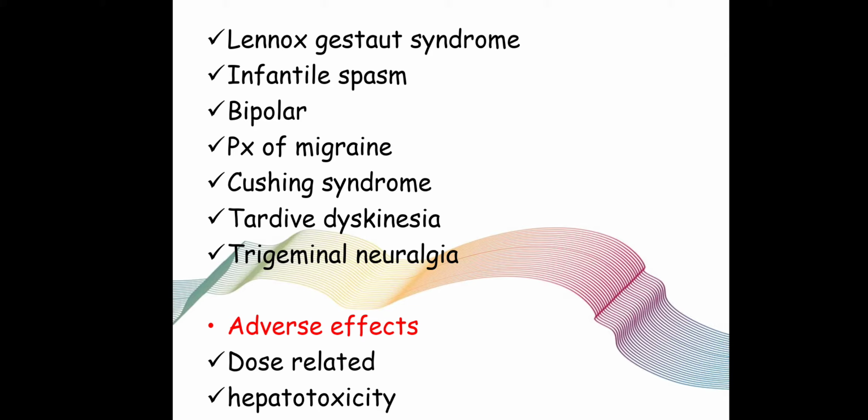Infantile spasm, that also we have discussed. This is a very rare, peculiar type, with tonic-clonic conversion as well, but the prognosis is very poor, right? So in the management of infantile spasm, you can use valproic acid because it is broad spectrum. Okay, then again it is used for prophylaxis of migraine.